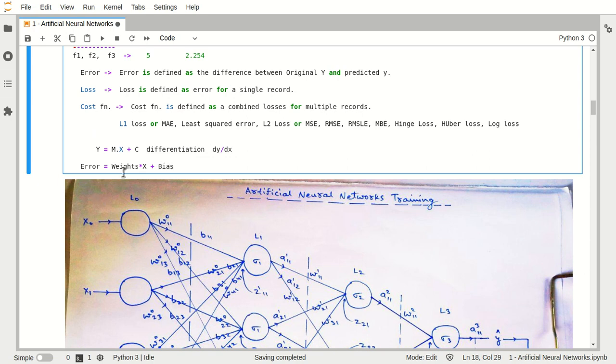The same kind of thing we are going to get here. Again, there will be some different equations here, but just try to correlate with this sequence. So here this y is dependent upon x, similarly error is dependent upon this x, right? And these weights are getting multiplied with the x, and bias is getting added.